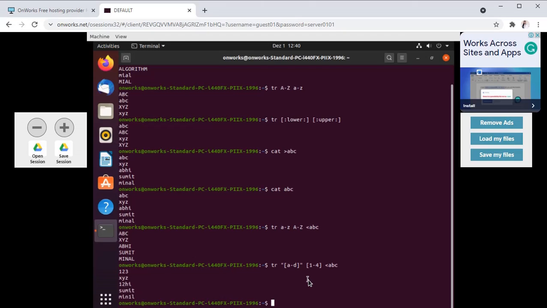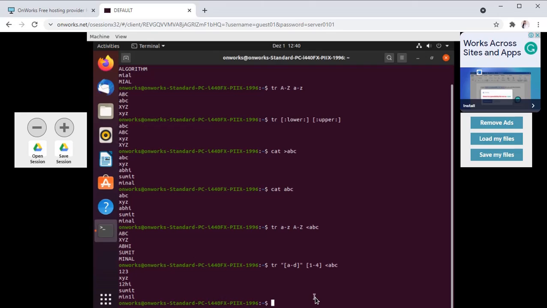Again, the tr command is used to delete some characters from files. Suppose now we want to delete the character i from the content of this abc file. So how do we delete the character?